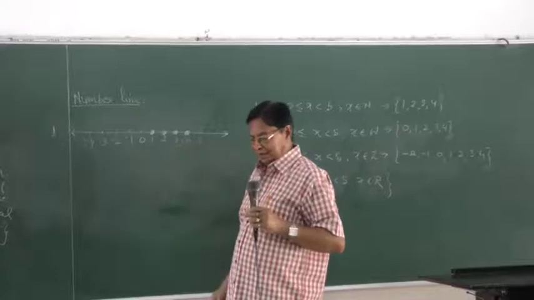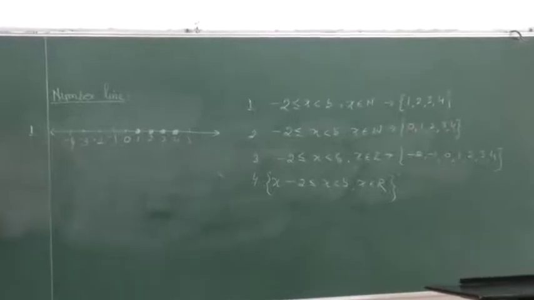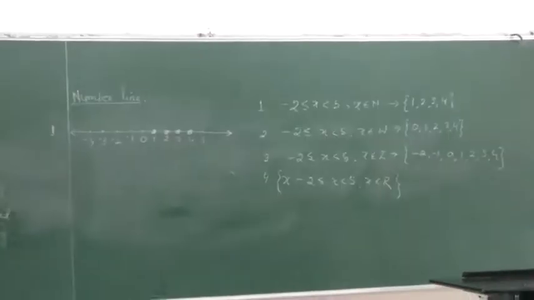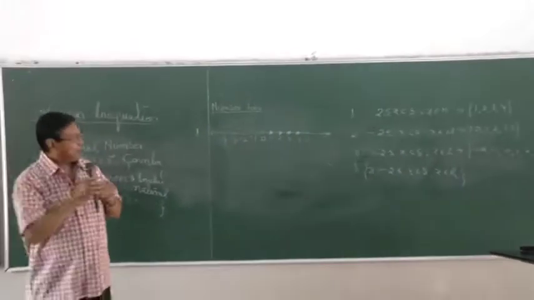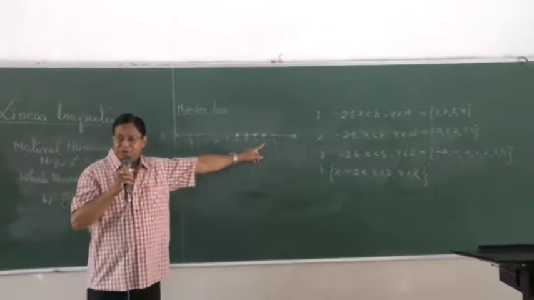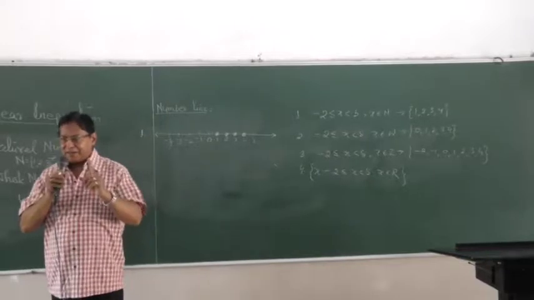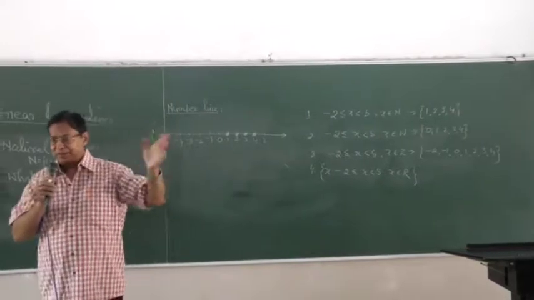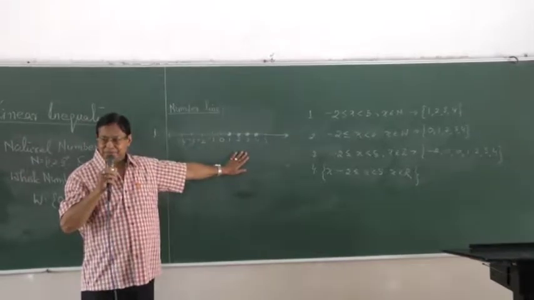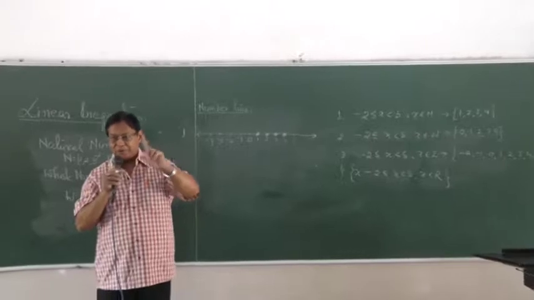natural number. The other thing which we look for, if it is from 1 to 4, you must have one extra number on either side. So if it is 1 to 4, you must have 0, you must have 5. So what we look for? A line with arrows at both ends, numbers marked correctly, and then one extra number at both ends.